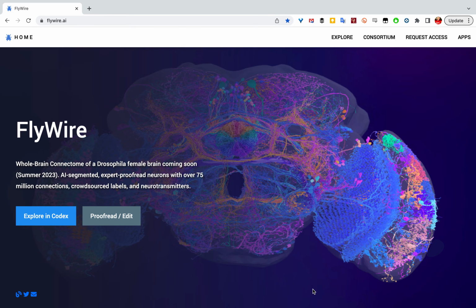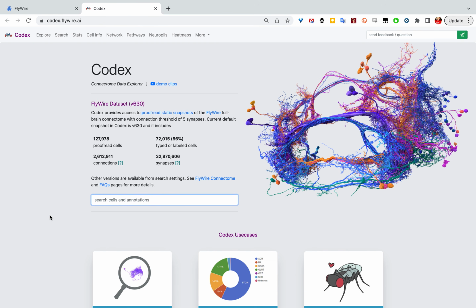Hi there, Amy Sterling here with Flywire, and I am going to show an overview of Codex, the Connectome Data Explorer that is built by Flywire, which is a project of Murthy and Sung Labs at Princeton University. And it's really only possible thanks to the Flywire Consortium, a large community of hundreds of people from around the